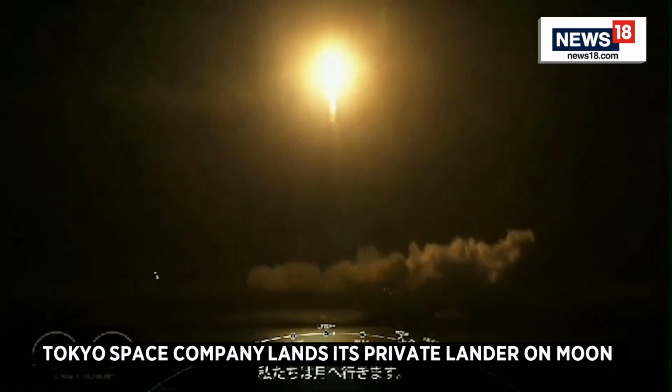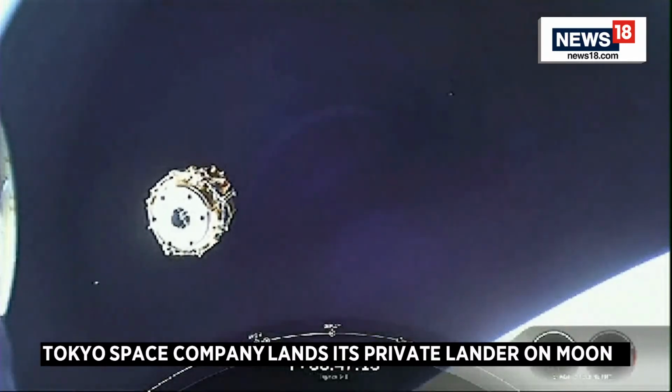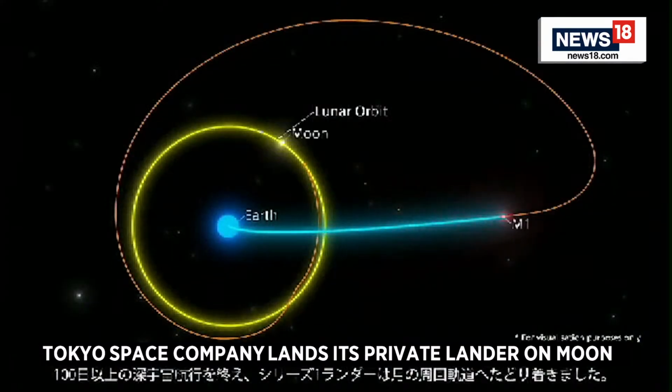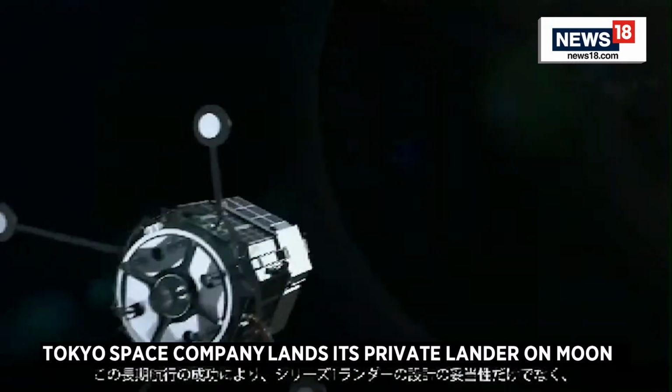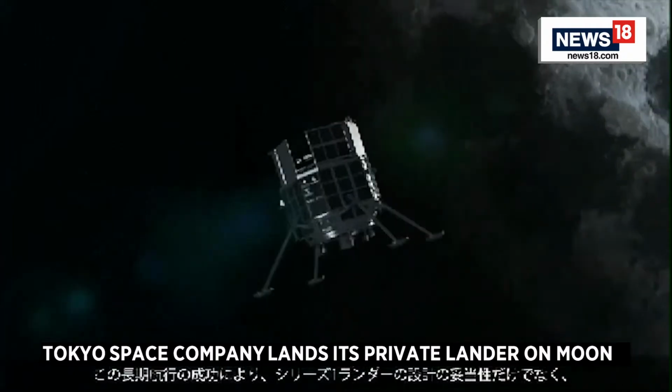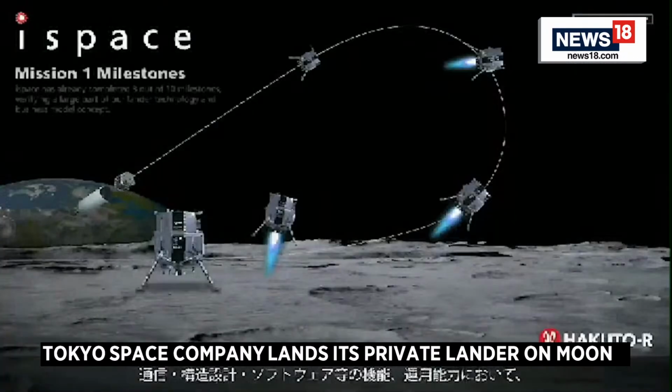We're going to the moon, and we're just getting started. After 100 days of deep space cruise, the Series 1 lander arrived in lunar orbit. The successful completion of this long voyage not only validates the Series 1 lunar lander design, it represents the completion